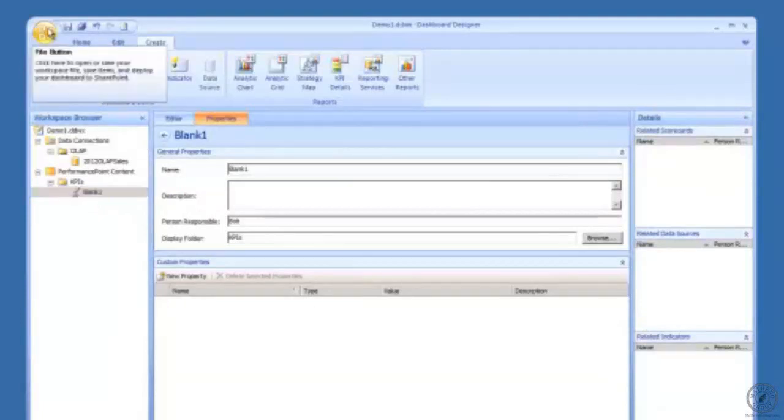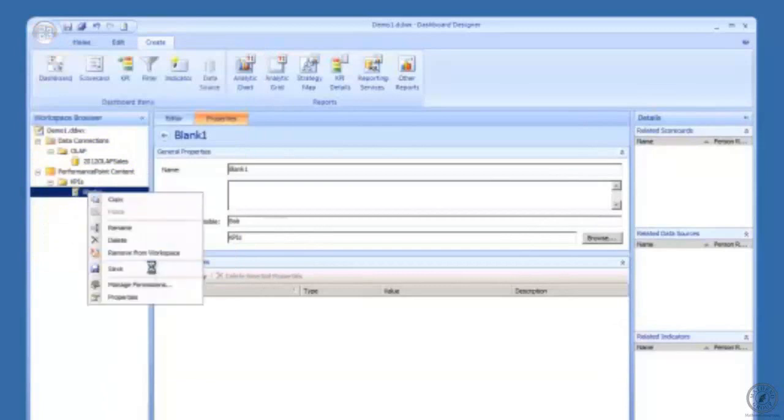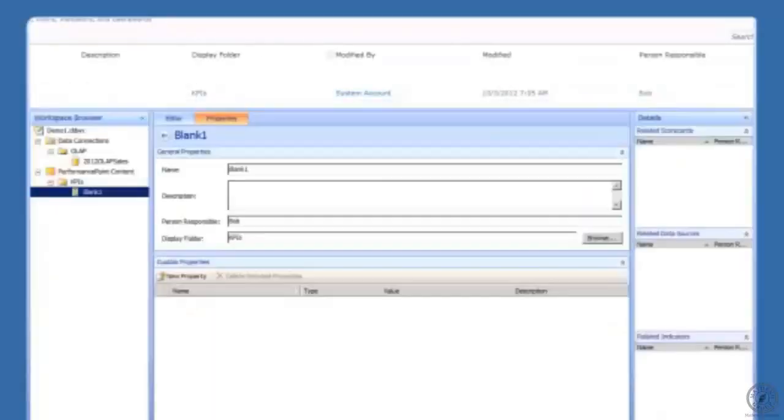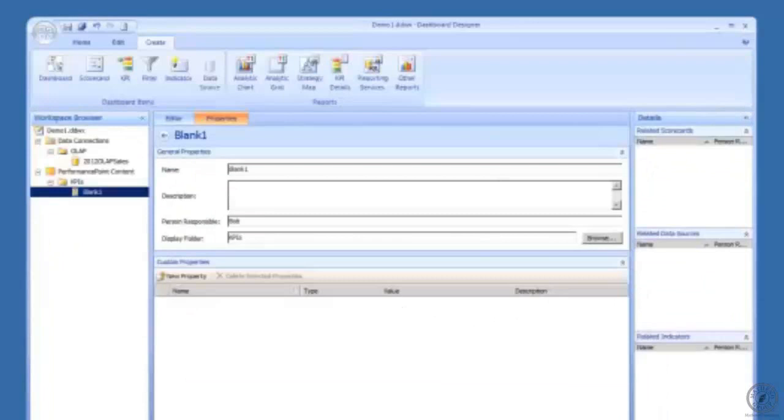Maybe we will. Here she comes. There we go, and we'll save, and that posts on up, and over in performance point content, I refresh the page, and there's blank 1 KPI. Okay. Now, you want to see that KPI. The only way we can see this KPI is we're going to have to come through, and KPIs are part